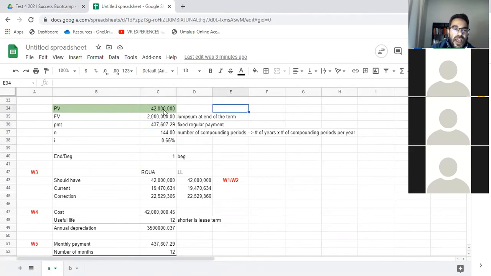Present value and future value will be in the opposite direction. So that is basically how it works. I always keep future value and PMT positive, and then automatically present value will be in the opposite direction. Okay, let me just try this out. Thank you.